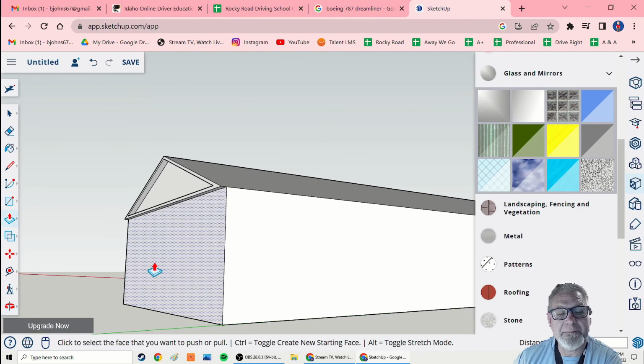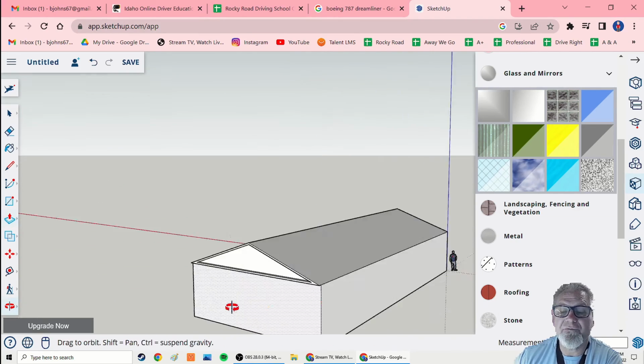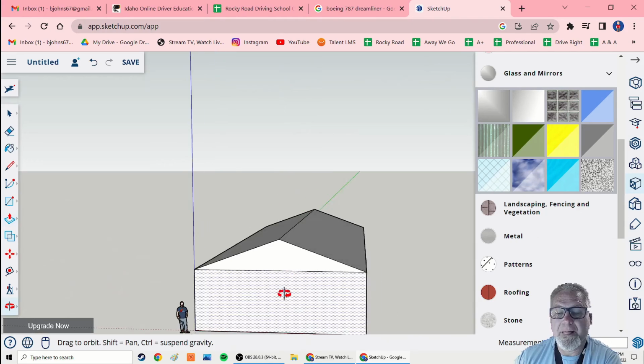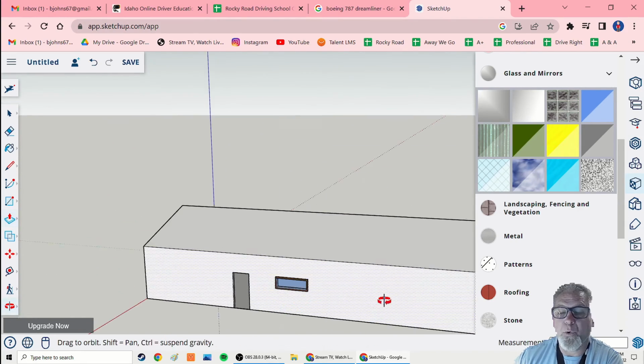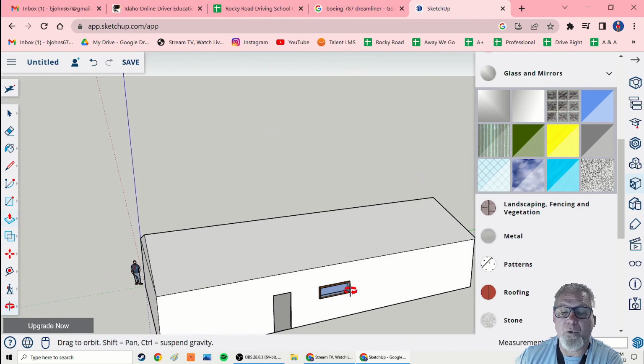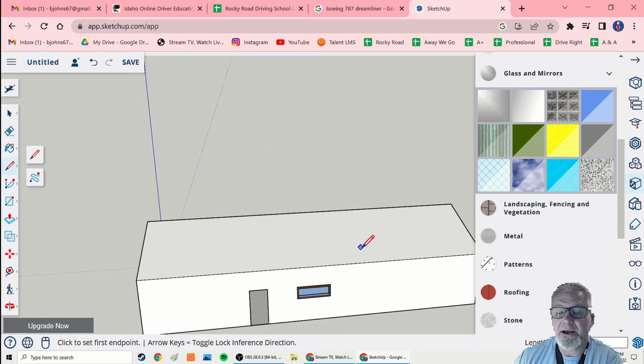Maybe not perfect, maybe not how you would do it, but just showing you a little bit of a way to make a little bit of detail on the gable ends. And so I would do that to both. And then, hey, what about if you wanted like a pop-out window? It's been a long time since I've done this, so let's see if I remember. I am thinking